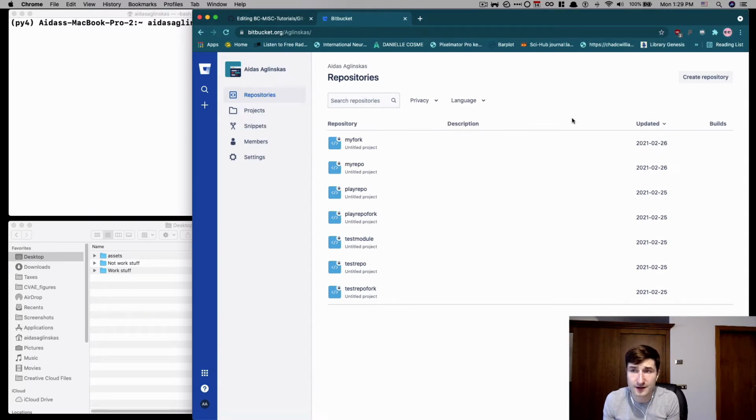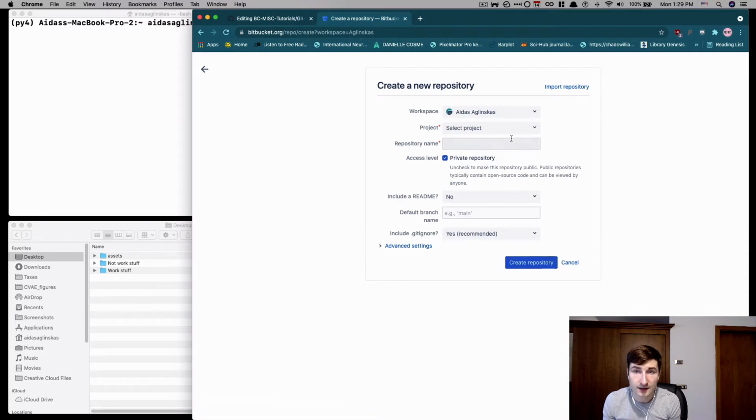So to create a repository, the easiest way is just to go on Bitbucket under your account and click on Create Repository. Here you give the repository a name. I will call it test repository. And the rest of the options you can leave as default. Once you click Create,